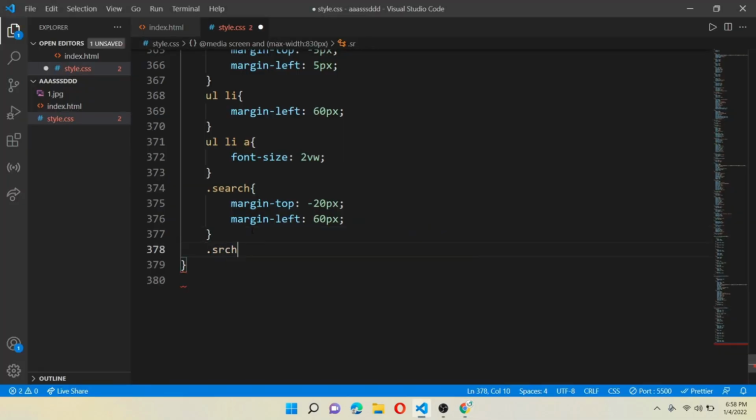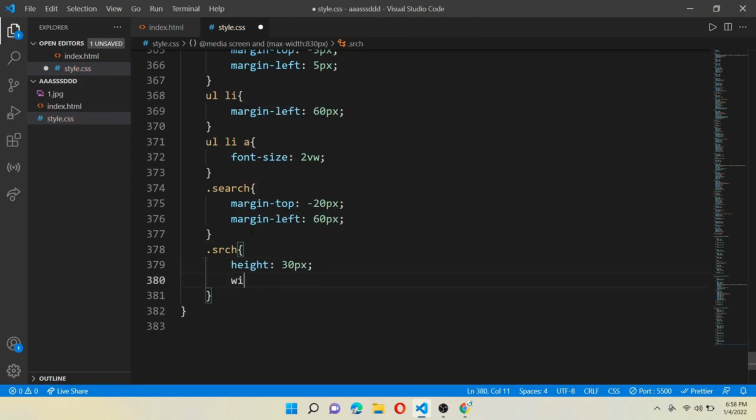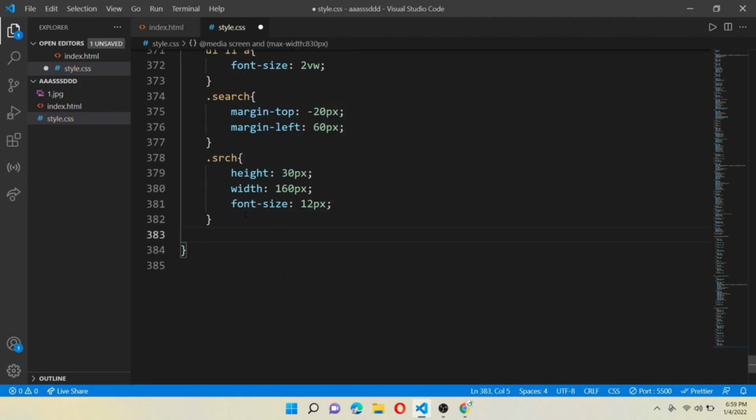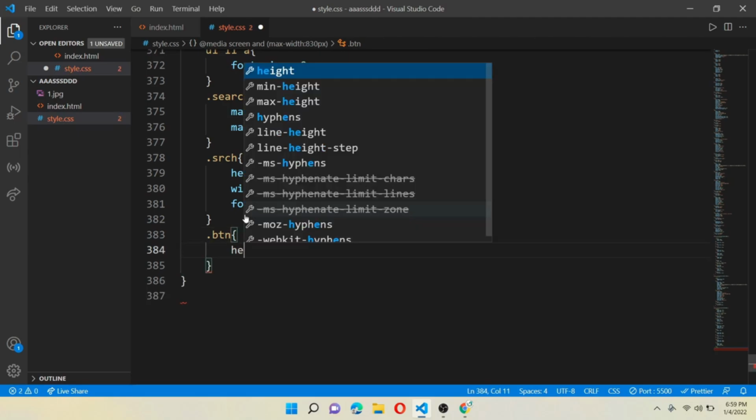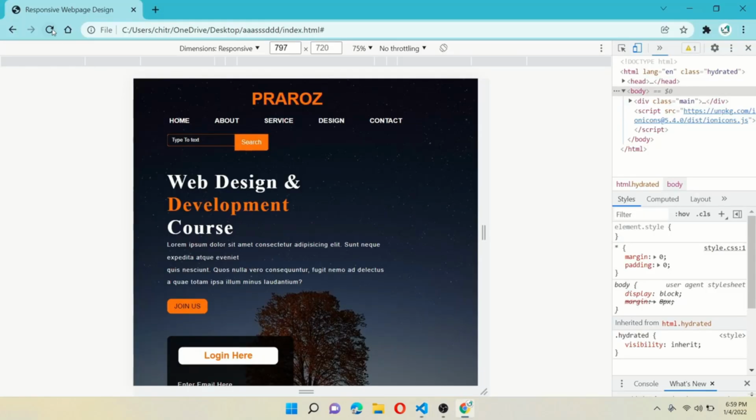For that, write class srch, give a height of 30 pixels and a width of 160 pixels. And also give a font size of 12 pixels. Now for button, write class btn, give a height of 30 pixels and for width give 70 pixels. Save it and reload your page. You will see perfect navbar now.